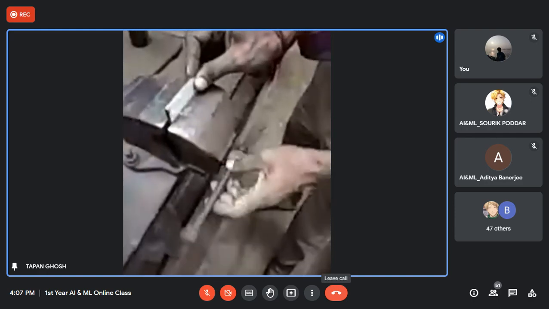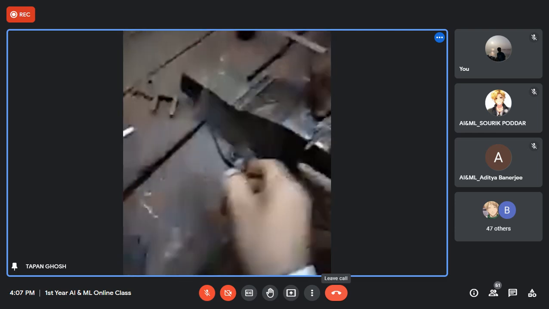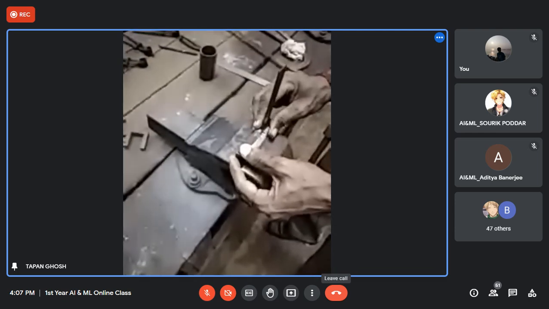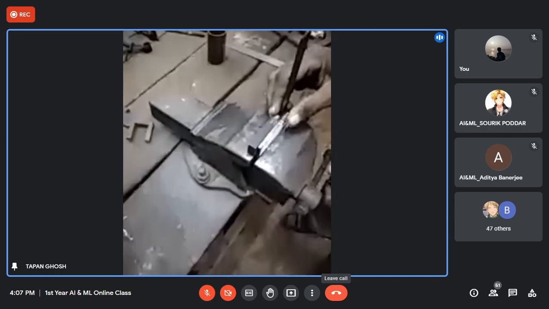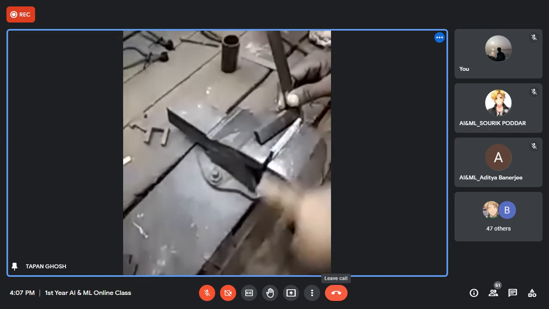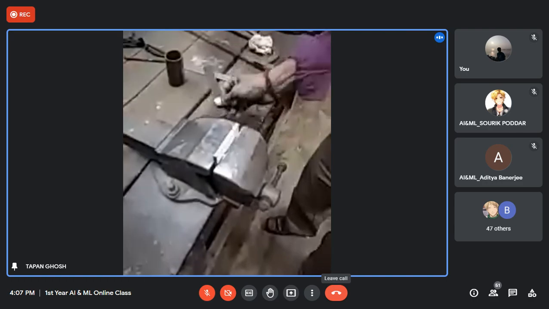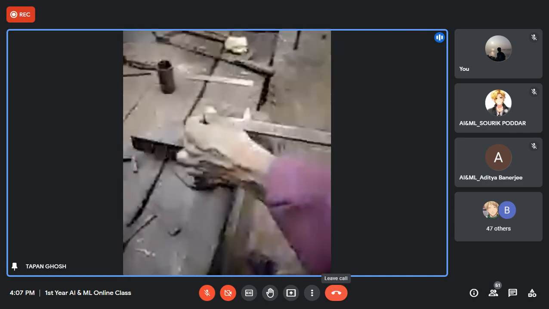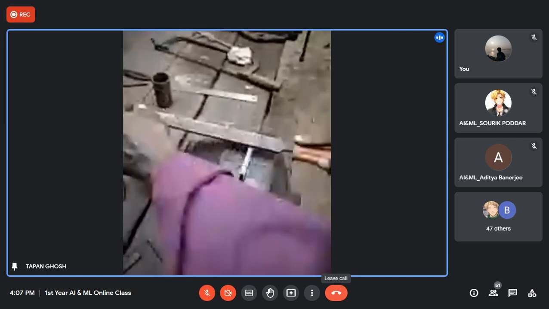You see how to hold the job. The job is always parallel to the jaw. You see that this is called cross filing.